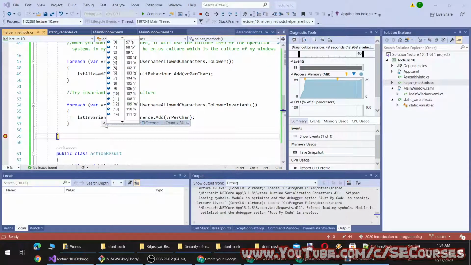So let's check the invariant culture. Okay, in invariant culture, yes, we are losing. Oh, we are not losing. Okay, so it is converted like this.